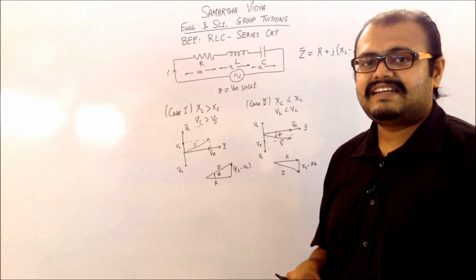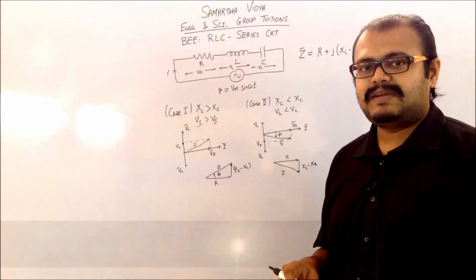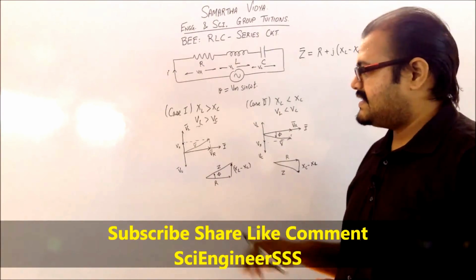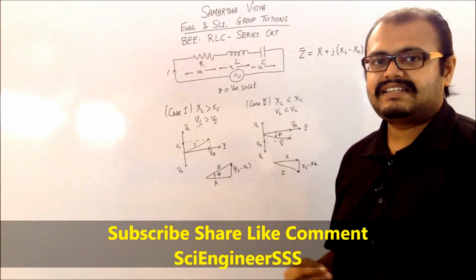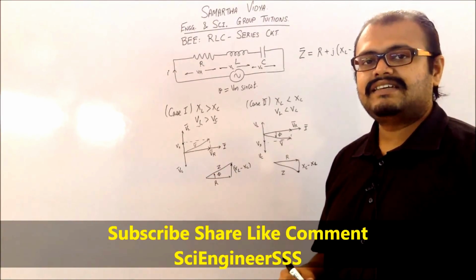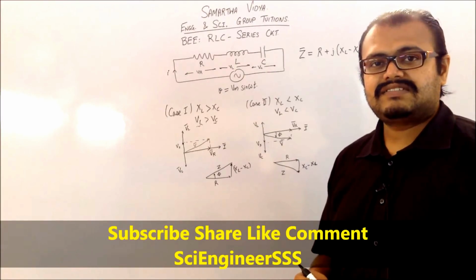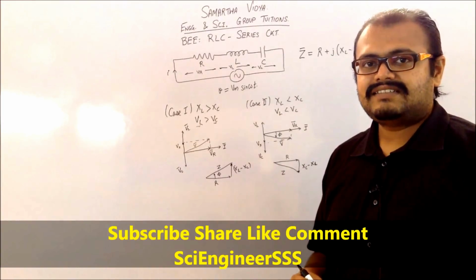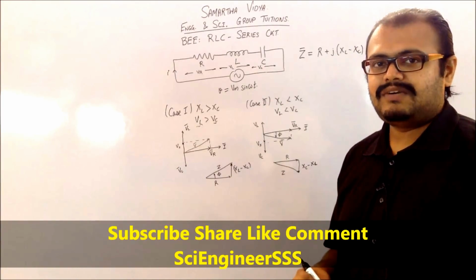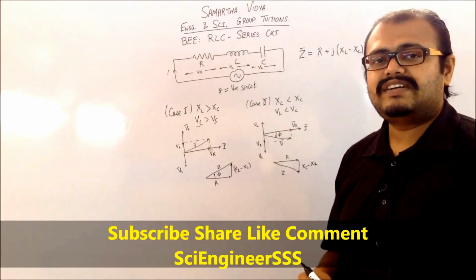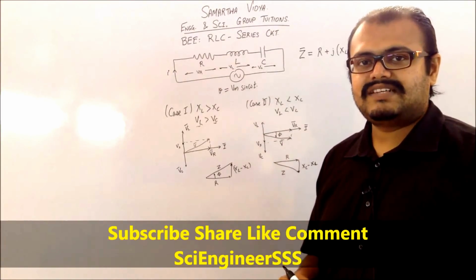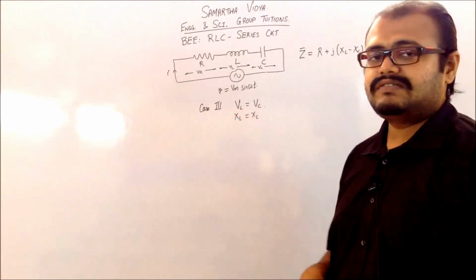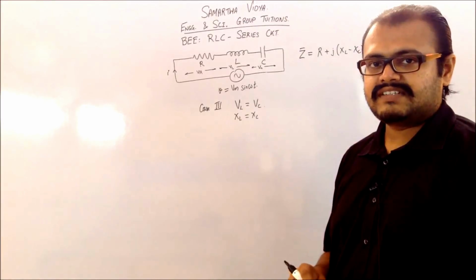So in this case we will be getting the condition that the power factor will always be a leading power factor whenever you are having a capacitor. While in the case where the inductance is predominant, you will be having a power factor which is going to be lagging. Now going to the third case, in which we'll be having both of them equal to each other. That means that the voltage across the inductance will be equal to the voltage across the capacitor. So coming to the last case, which is VL equal to VC, or XL equal to XC.